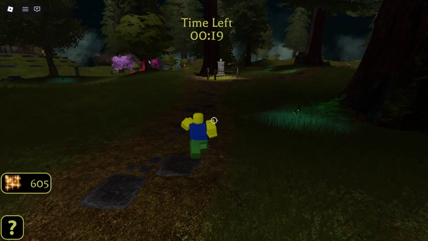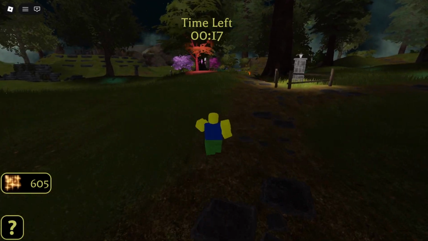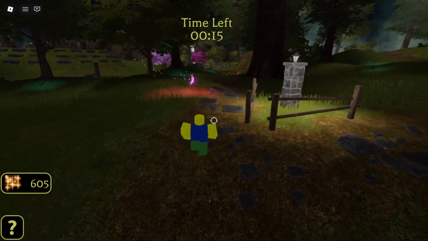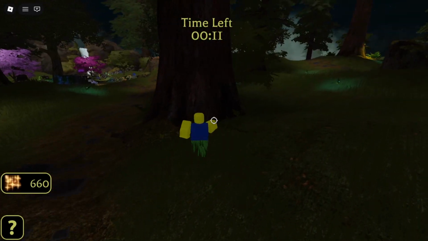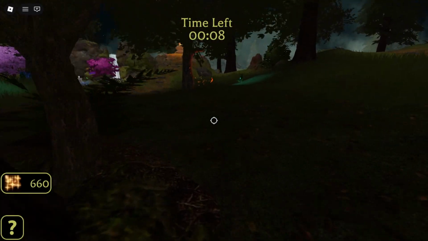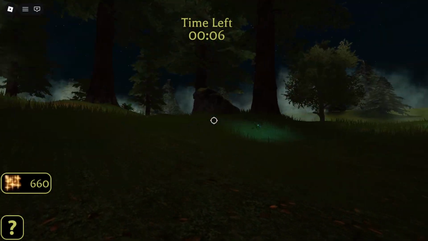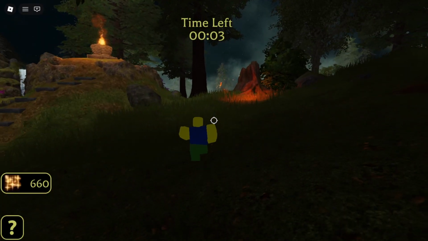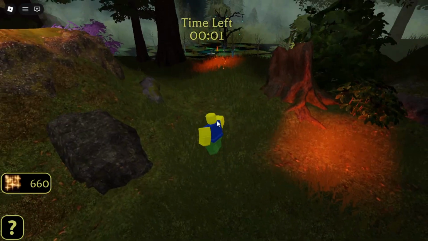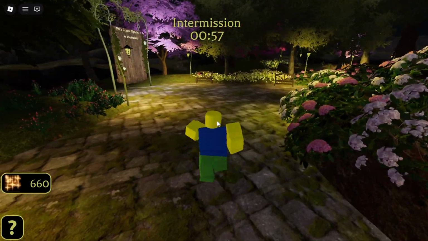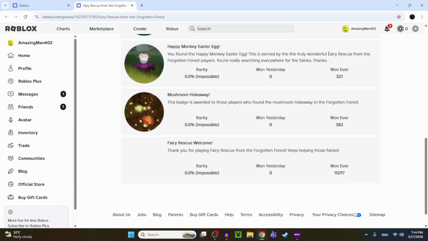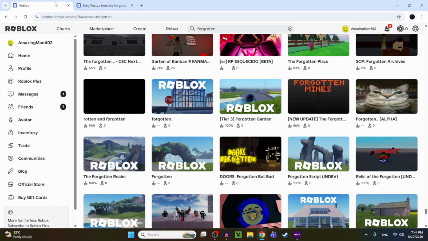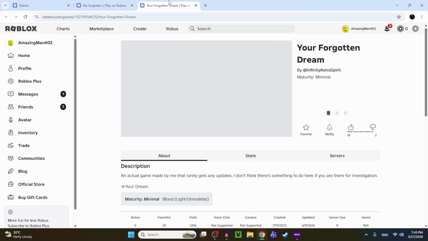Okay, I'm about to run out of time. I still got 600. So, do I do anything with these? Is there a point to any of this? No, let me catch you. Orange guy. Okay, whatever, I lost him. So I got 660. What a weird, interesting game. I mean, that's cool though, I guess. It's very interesting indeed.